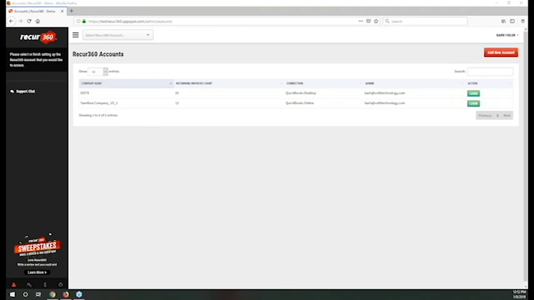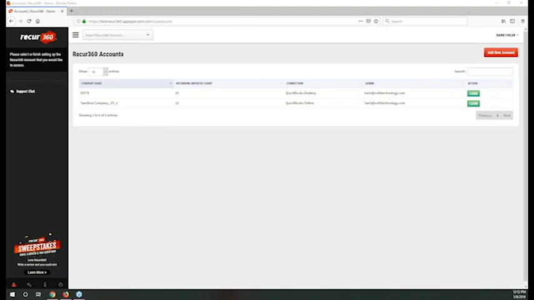The second area is a recurring payments option. Let's say you internally finance things for your customers. They make a large purchase and they want to pay off this $12,000 invoice on a payment plan. Recur 360 can automate that process for you and automatically process $200 every month for the 12-month payment plan that this customer has with you. You don't have to do anything moving forward. Every first day of the month, this will process the $200 payment against that particular invoice and stop when that invoice is paid in full automatically.